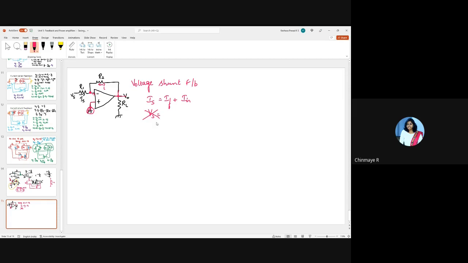Now, is the explanation for this circuit clear, or do you have any doubts in this? Can you please put up your answer in the chat box? Do you have any doubts? Ma'am, in which case can we say it's current as the first word, ma'am? We'll do that. We'll do that circuit, okay?